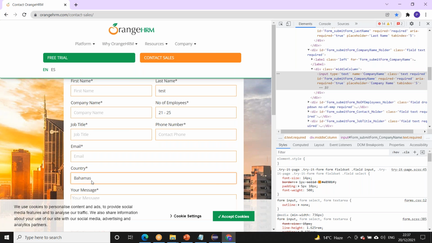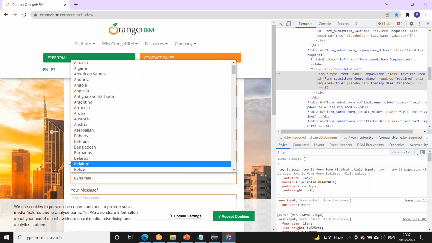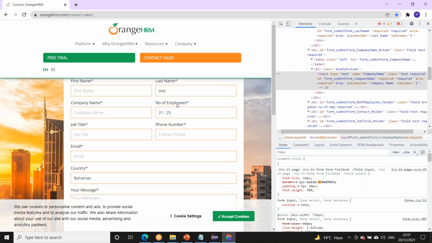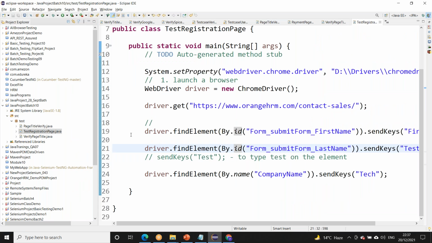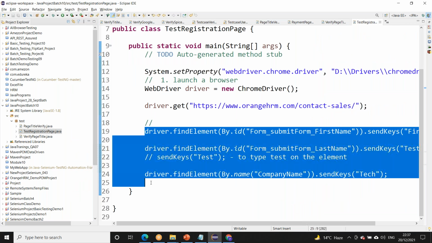Country is a drop down, so do not write for a country. For first name, last name, company, job title, phone number, and your message, it will be the same. You can write using the by.id.